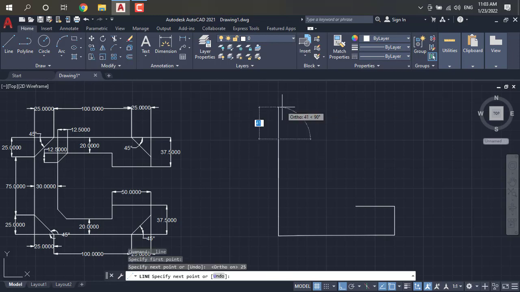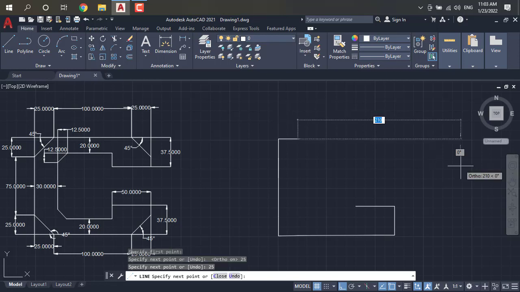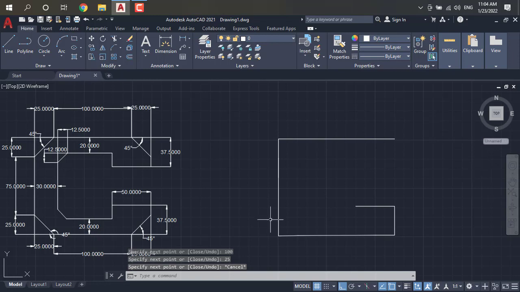Just click on enter, and again you have to change the position as perpendicular to the initial line, and here you have to mention the 25, and again 90, and again it will be 100. Just click on enter, and again it will be 25. Just click on enter. Just escape it. Yes, it will be in our perfect line.